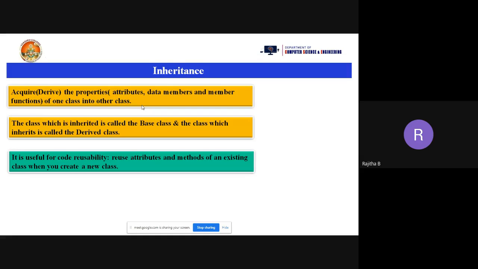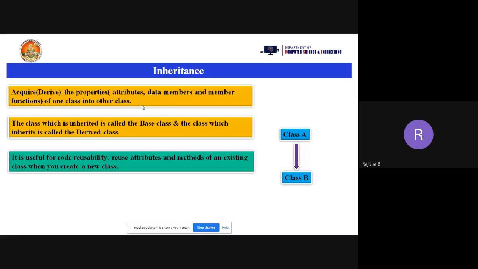Okay. And what is the use of this inheritance concept here? Code reusability. Already we have declared some data members in one class. I want to reuse those data members in another class. No need to declare those data members one more time in the second class. Once declared, we can reuse them in the other class. So code reusability is the advantage of inheritance here. Suppose I'm taking class A and I want to derive the properties of class A into class B. Like that, the inheritance concept will be applied.